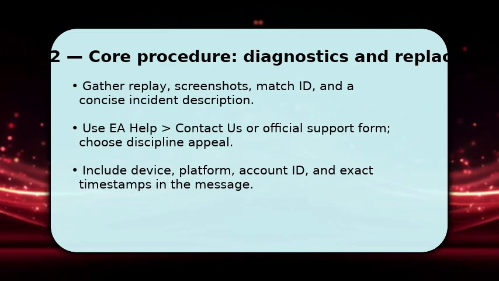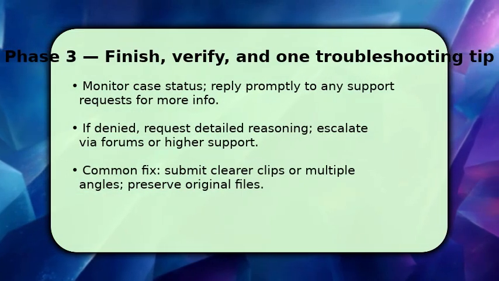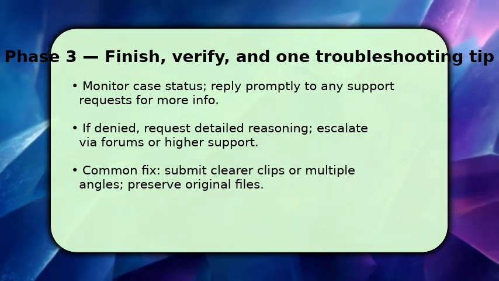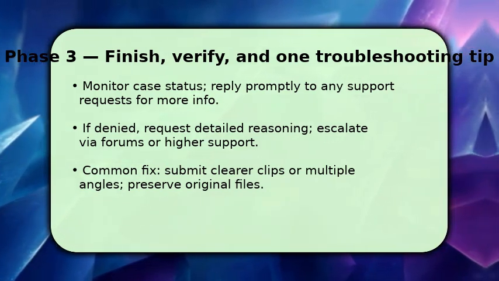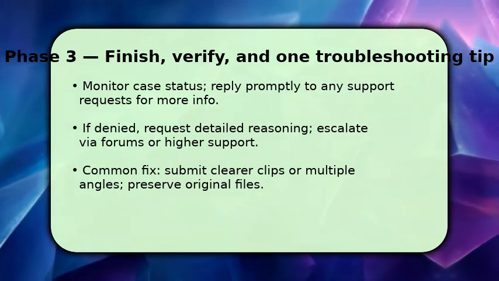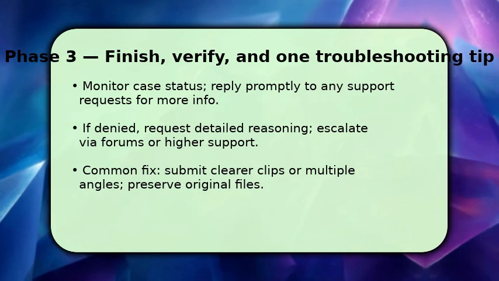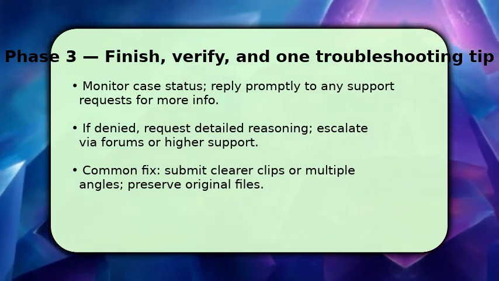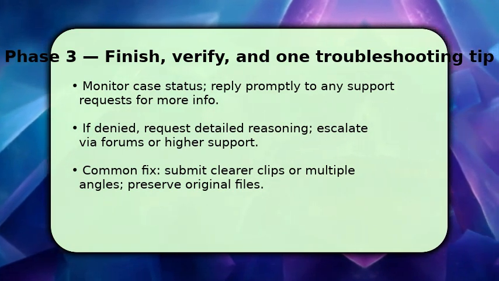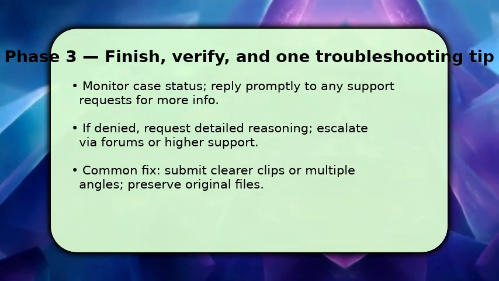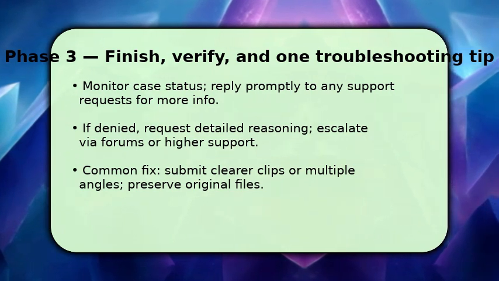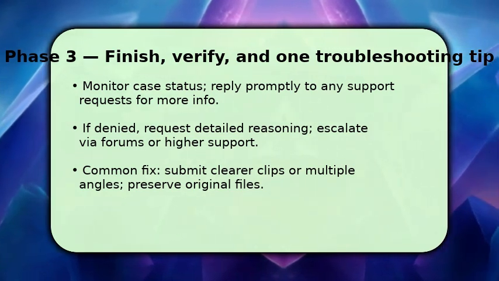You finish by actively monitoring the case and replying quickly if support asks for more. If the appeal is denied, request the specific rationale and ask for escalation. Polite persistence helps. Make sure to supply clearer clips or alternate angles if available, because low-quality evidence is the most common reason for rejection. If problems persist, post the case number on official forums or social channels to draw attention, but never share private account details. Instead, keep backing up